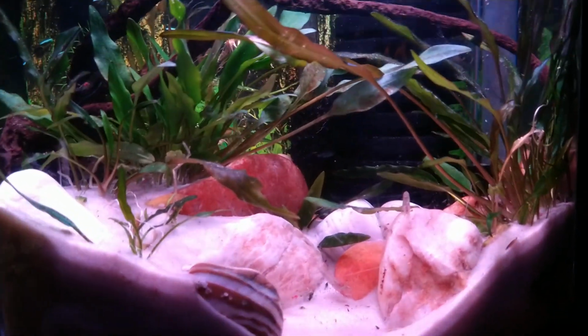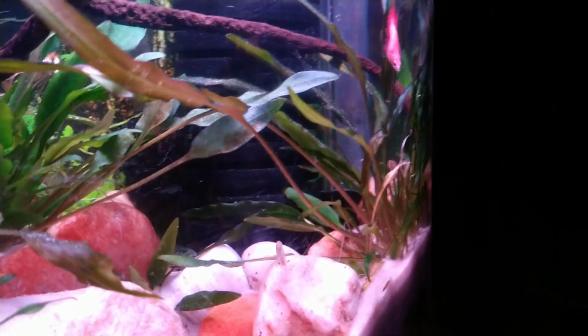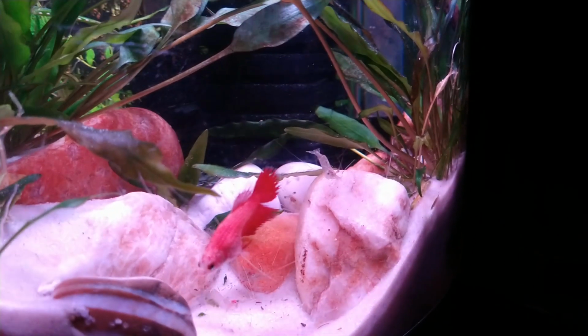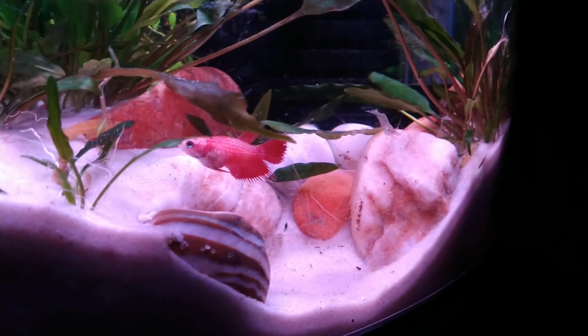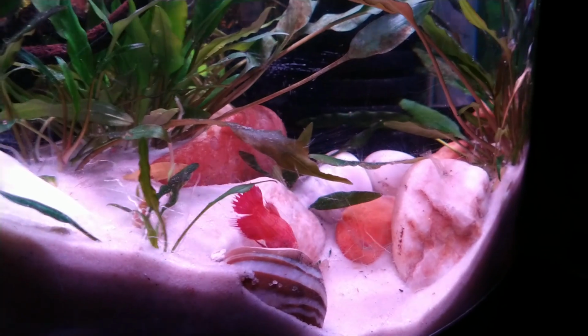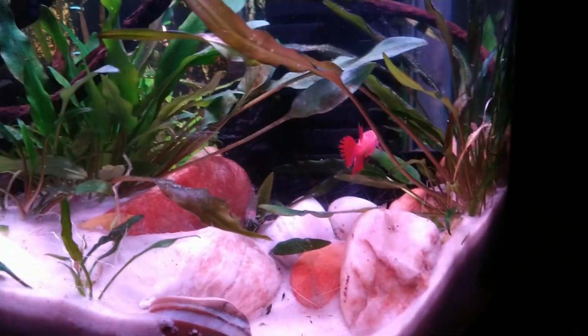As you can see, I also pride myself on trying to make it to where there's multiple levels. As you can see here, this drops down, has rocks holding the, there, see, she can go down low, and when it's different levels like this, it just makes for more interesting features for her to swim around and look at and feed off of. The sponge filter's in the back there, but I have